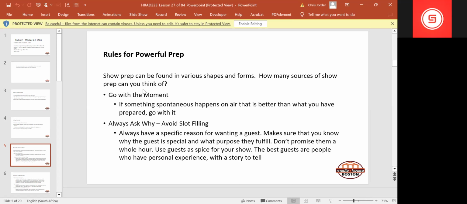At the very lower hierarchy of all of that is something we call an admin or housekeeping link, which is time and temperature, which also has a place. It should be about 7 or 10 seconds long if that's all you have before you need to go into a spot break or into news, something timed like a feature.